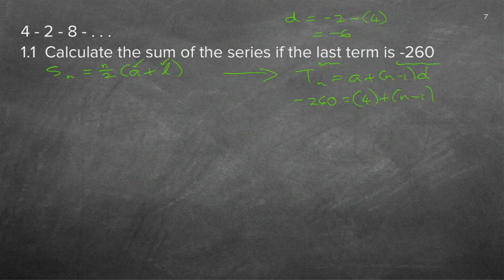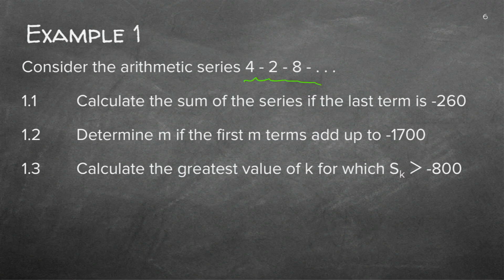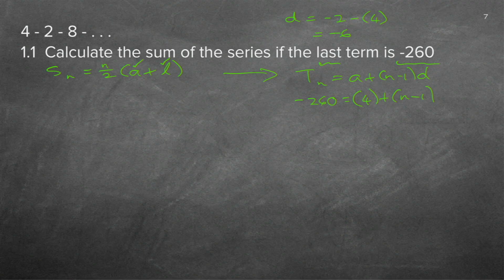Let's just test. Did they say, let's go and quickly check? They did say it's an arithmetic sequence, so I actually do not have to test it, but I'm going to quickly do it. If I just test it again, then I can say D is equal to minus 8 minus minus 2, which gives me minus 6. And there I see I get minus 6 each time. You see my brackets, otherwise those 2 minuses will not form a plus in the end. And I see that it's definitely an arithmetic sequence, so I've got my A and my D.